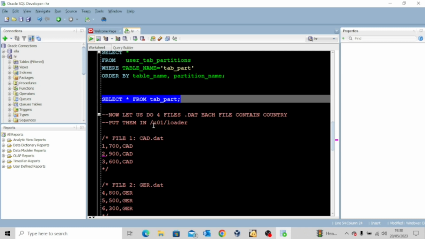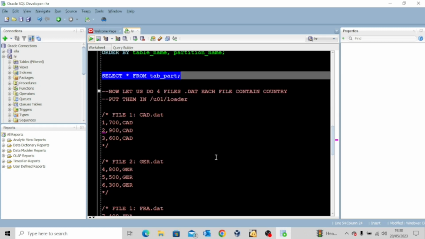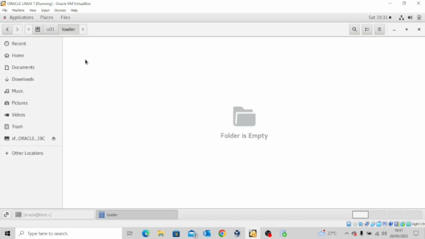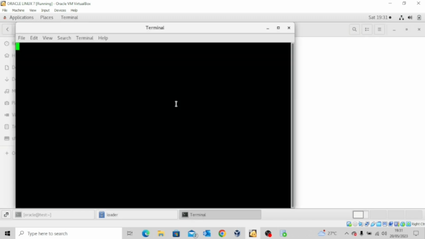/u01/loader. We have created this directory earlier when we talked about the SQL loader. So these files will be created on the server level. So let's go ahead and create these files in this directory. So I'll go to our server and then log in real quick. So you can see I'm in this location. If I open a new terminal and then say pwd, that's print working directory, you can see I'm here /u01/loader. So one of the things I want to do is to use the touch command touch